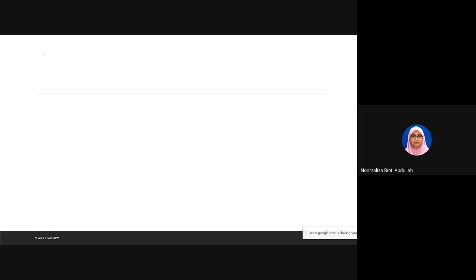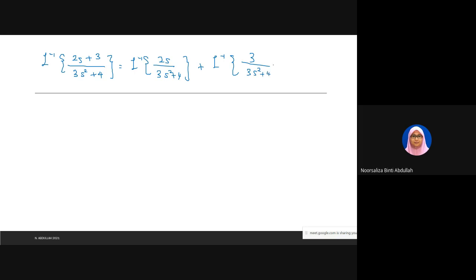So inverse for (2s plus 3) over (3s kuasa 2 plus 4) equals to